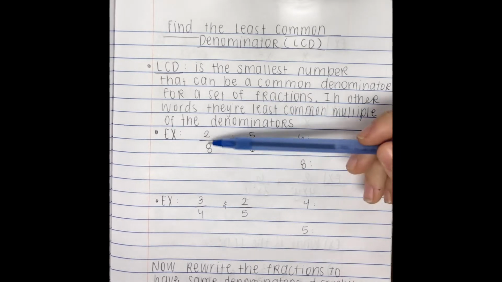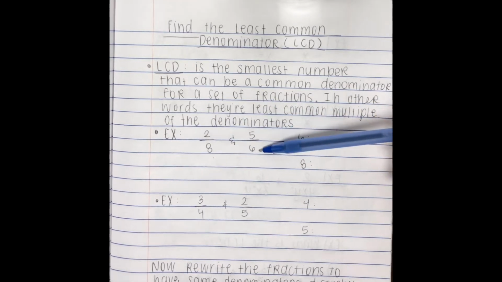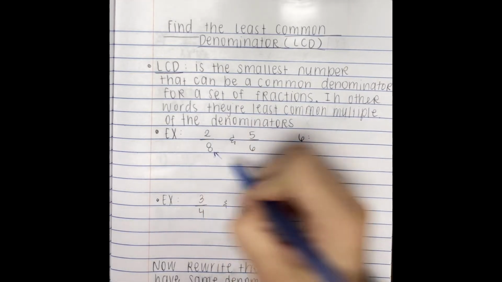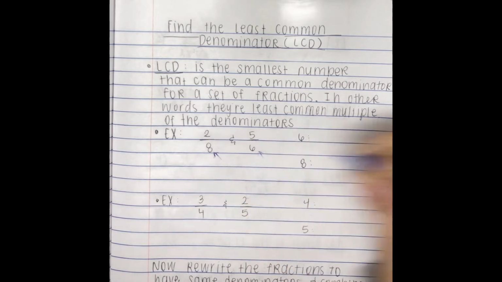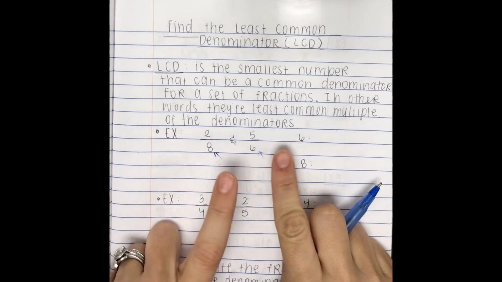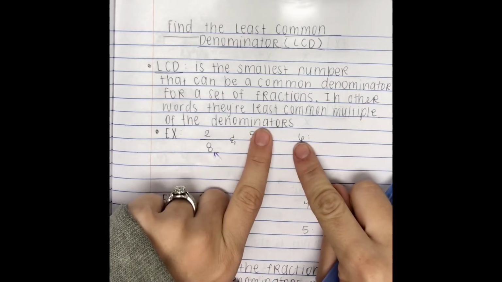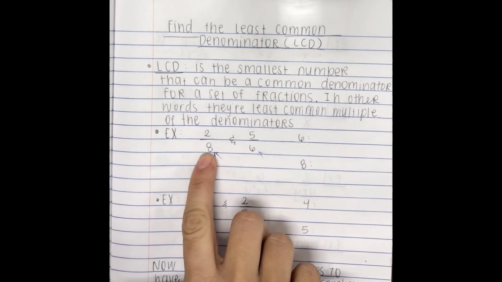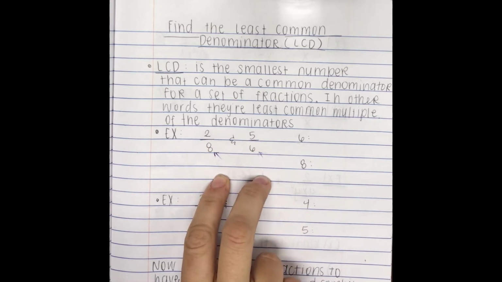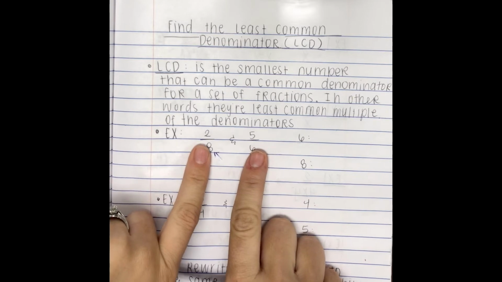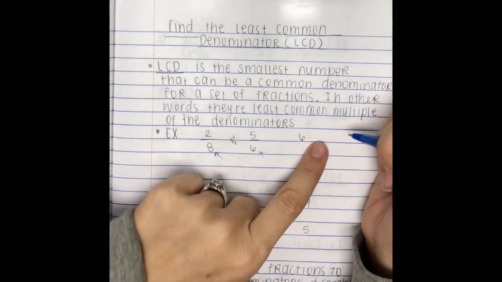If I had the two fractions, 2/8 and 5/6, my denominators are the ones on bottom, so 8 and 6, okay? What I want to do is figure out the least common denominator for 8 and 6, or in other words, their least common multiple, okay? So the smallest number that I could make both of these multiply into so that I could get a common denominator for both fractions. So if I list out some of the multiples of 6,